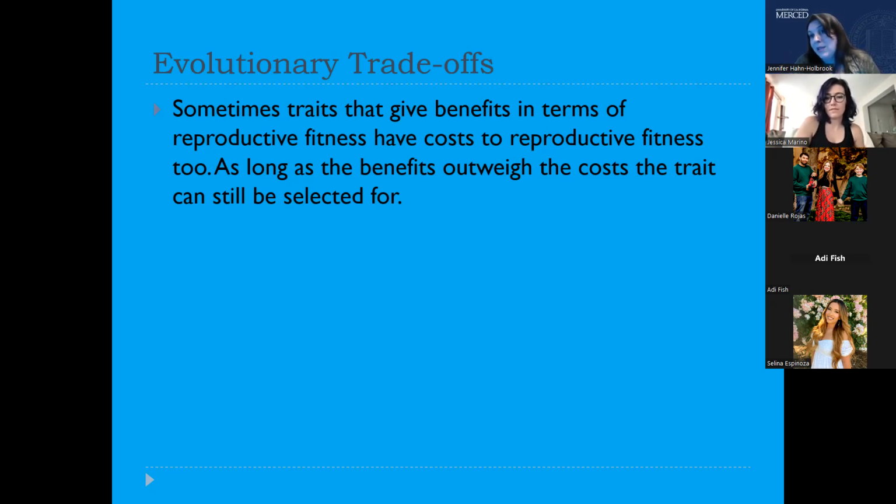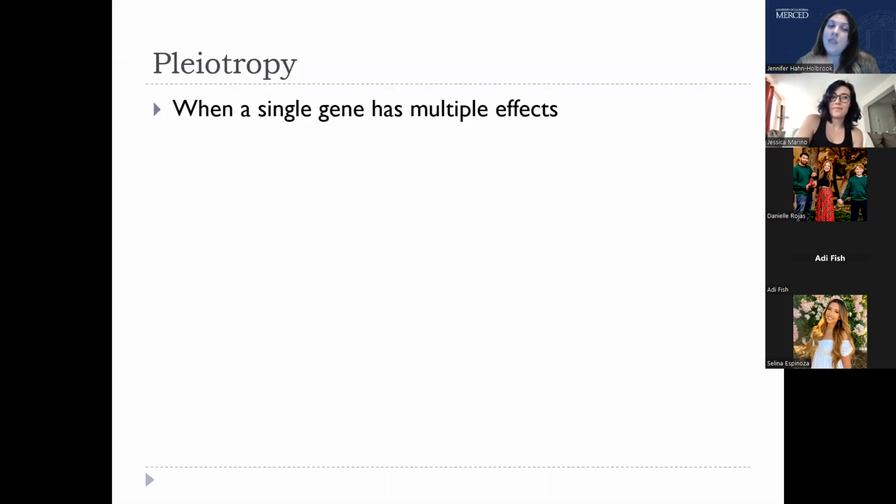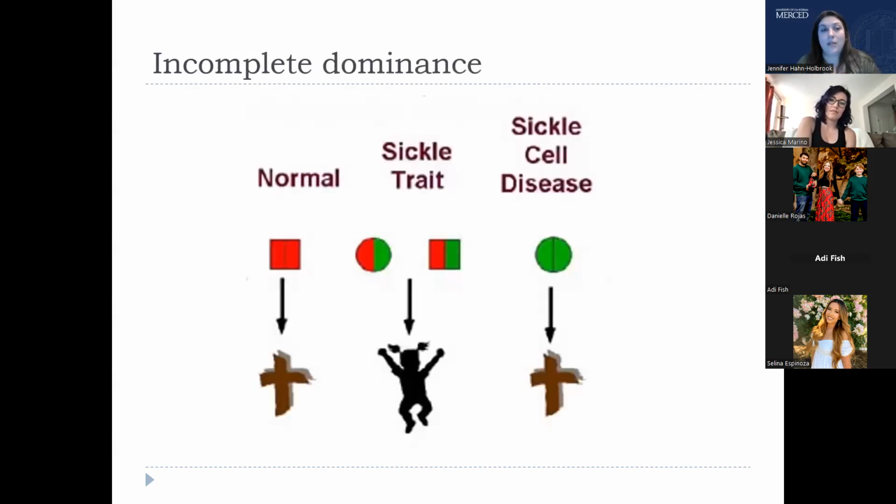And so what that means is that, especially in terms of long-term health and longevity, you get a lot of traits that were helping you to survive and reproduce when you're young that eventually kill you off. And this is because we've got pleiotropy, which you guys are familiar with. Pleiotropy is when a single gene has multiple effects, and it happens all the time. Very rarely, actually, does a gene have only one effect. So one example of